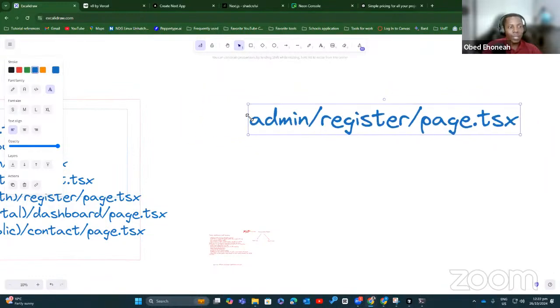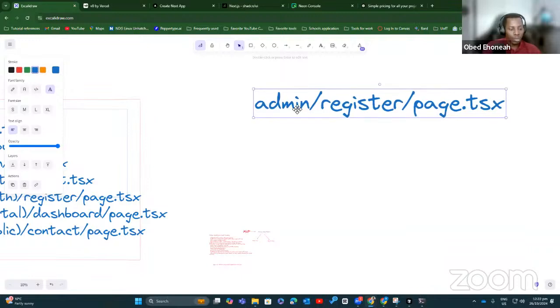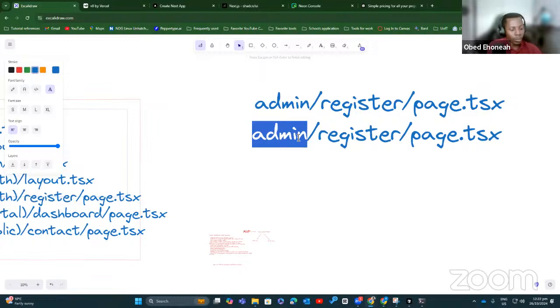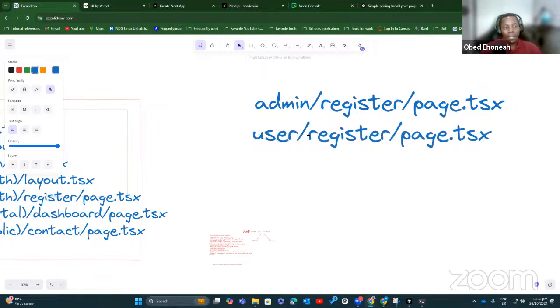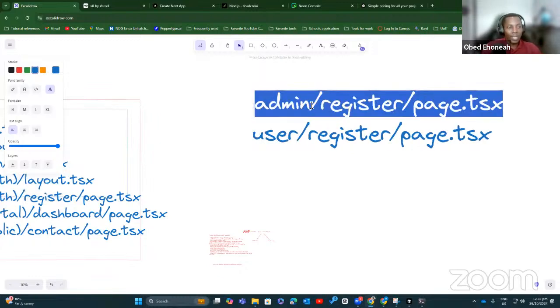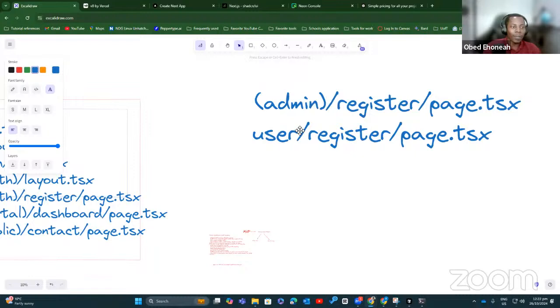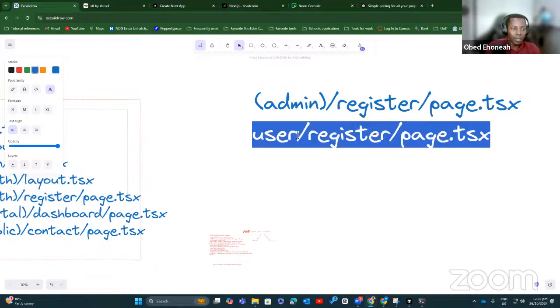This makes more sense than grouping them how I did. If I put the parentheses on both of them, we end up with a clash between them because they end up with the same route.